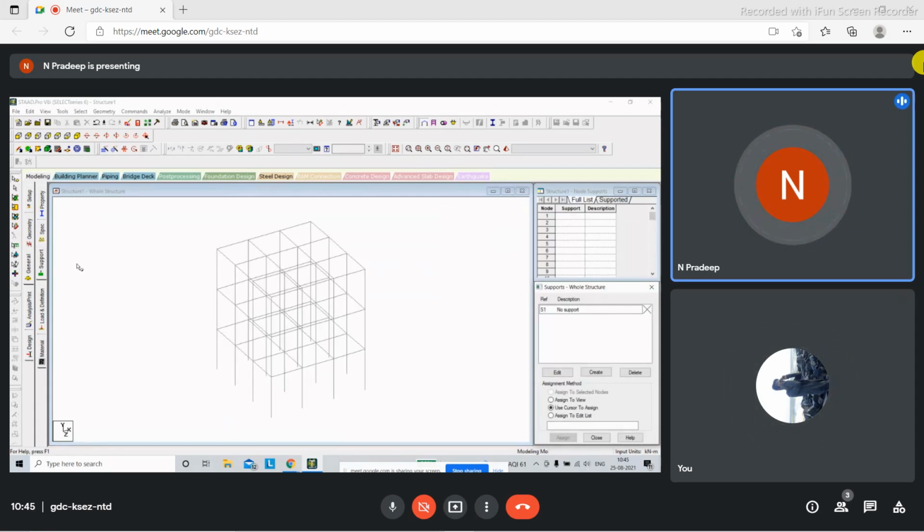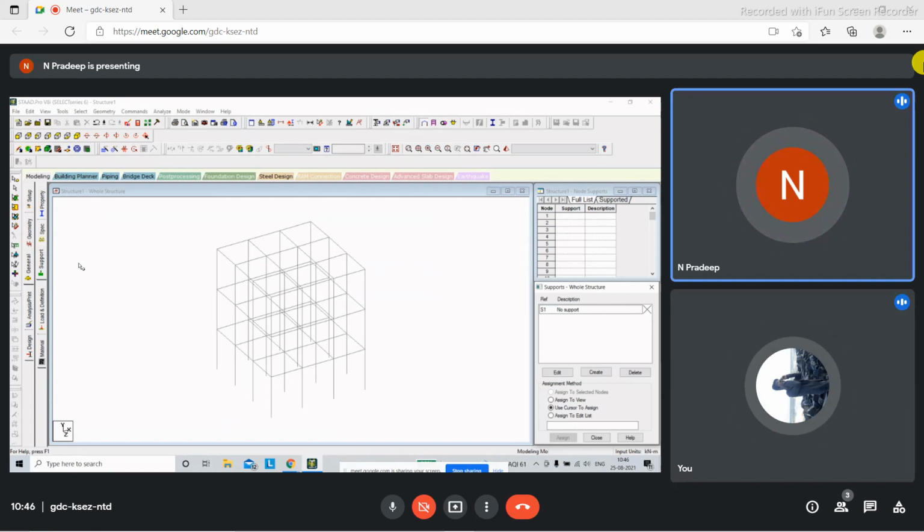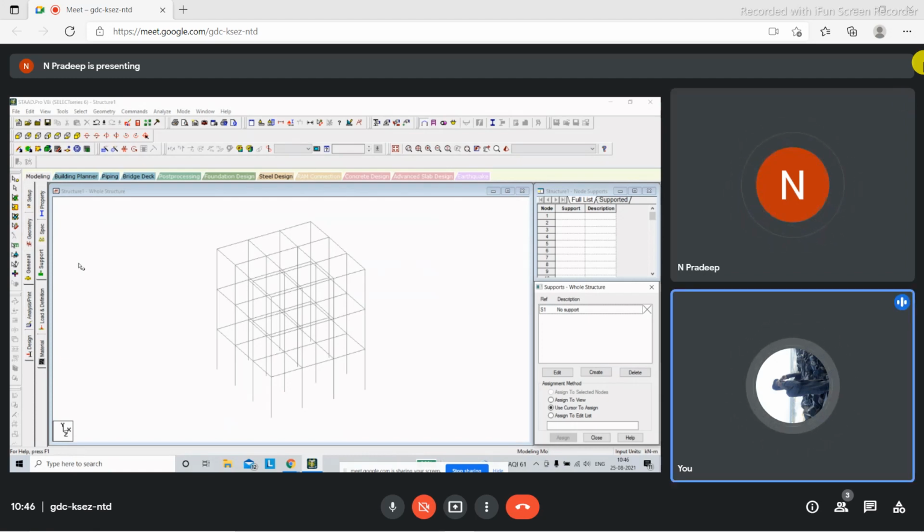So what are the different kinds of supports that you have studied? Simply supported, fixed, and continuous. Sorry, continuous is for a beam. Simply supported, fixed, and roller, sir.